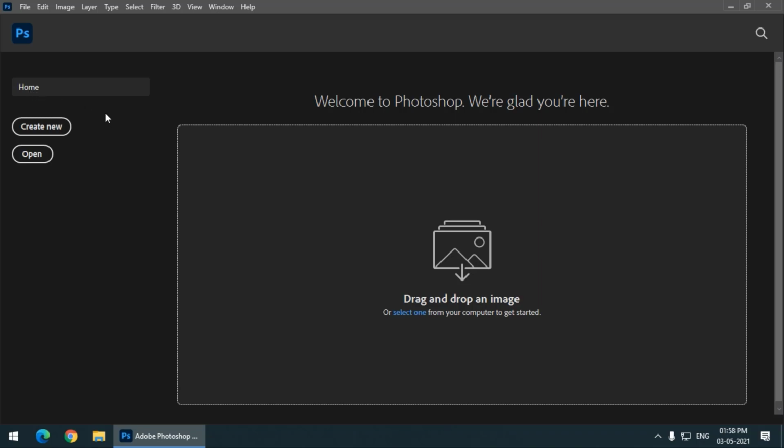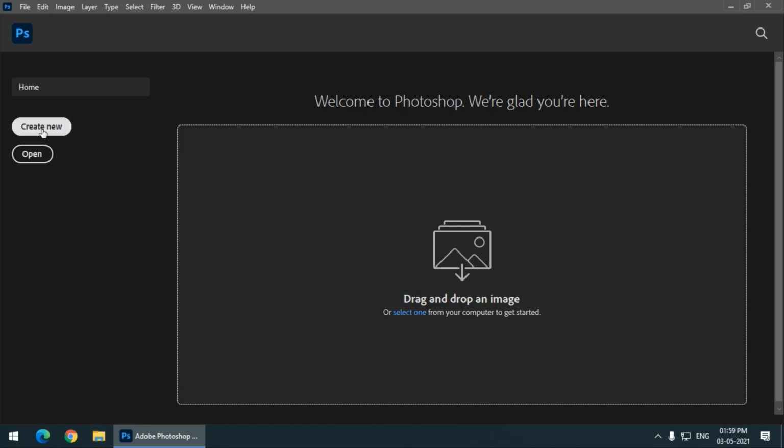Either we can open any image by dragging an image over here, or we can select an image from our hard disk. For now I'm going to create a new document.